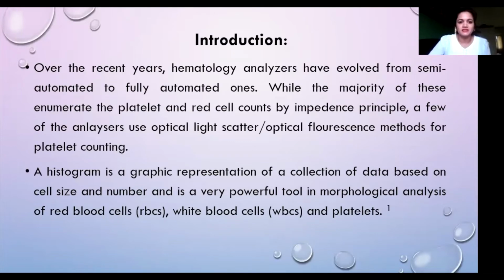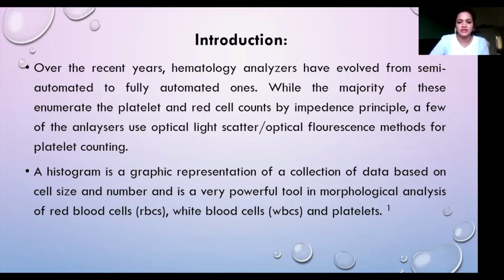Over the recent years, hematology analyzers have evolved from semi-automated to fully automated ones. While the majority of these enumerate the platelet and red cell counts by impedance principles, many of these analyzers use the optical light scatter or optical fluorescence methodology to count the platelets. A histogram, which is generated by these analyzers, is a graphic representation of the collection of data, which is based on the cell size, number, and is a very powerful tool in morphologic analysis of red blood cells, white blood